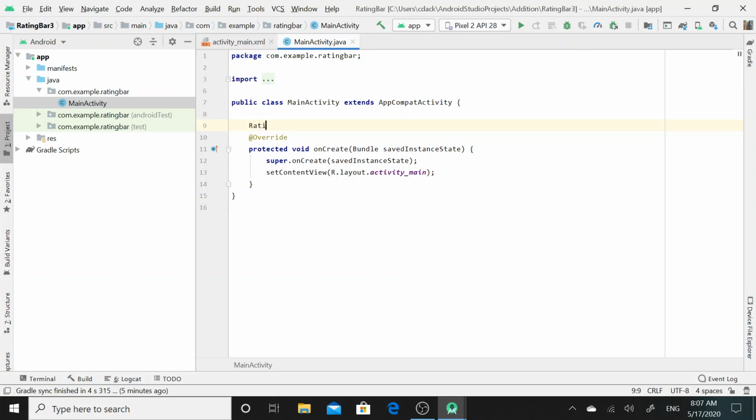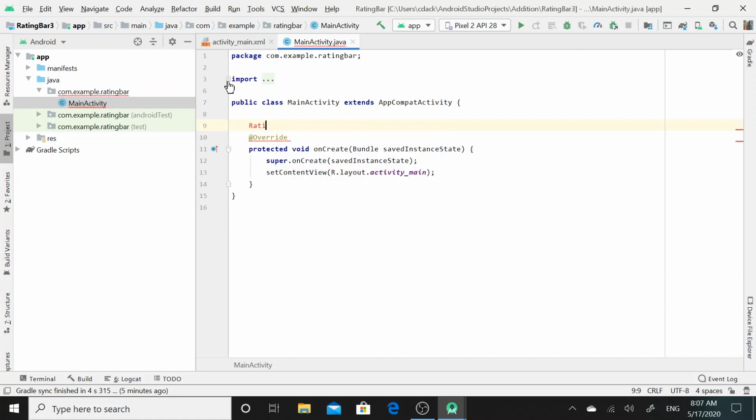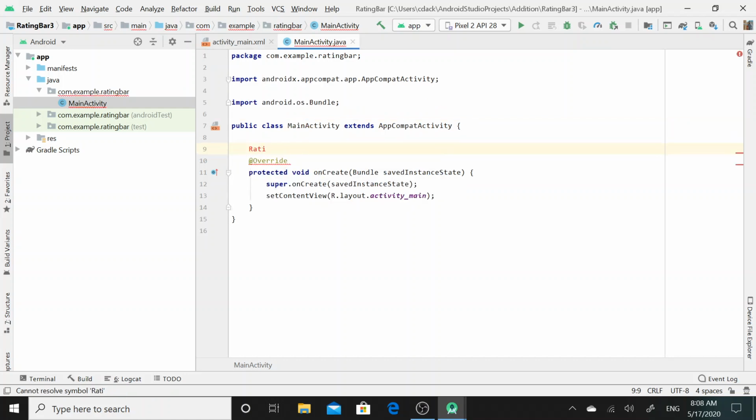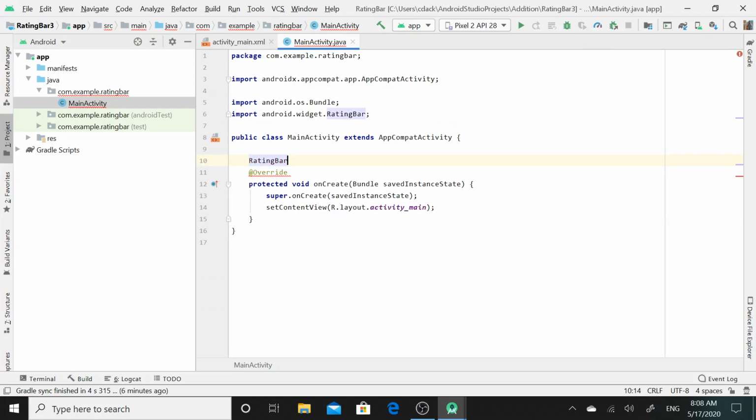I will call here the RatingBar class, which is present in the android.widget package. First of all, you can see here I haven't imported this package, but when I simply call this RatingBar class, Android Studio will automatically import the android.widget package and the RatingBar class present in this package.